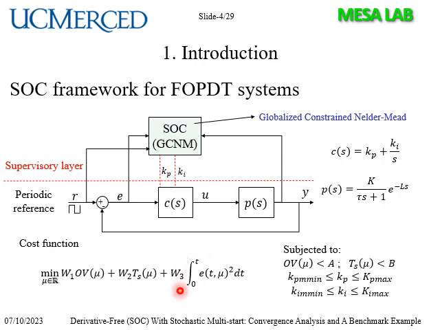These are overshoot, settling time and integral of squared error. In this case, the parameters of the controller, Kp and Ki, will be optimized based on a batch-to-batch execution given by a periodic reference signal, in order to improve the performance of the system to keep the desired overshoot and settling time, subject to constraints on the proportional and integral gains.